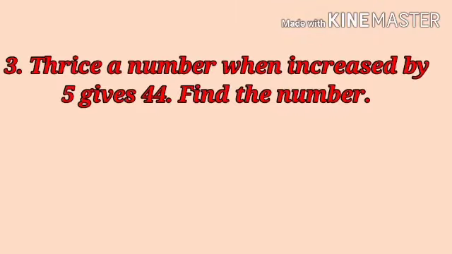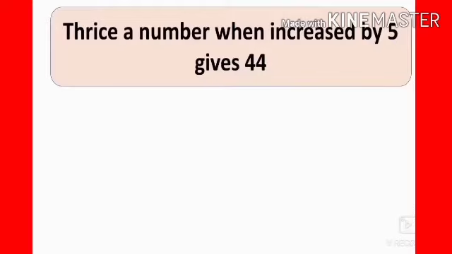Third problem, thrice a number when increased by 5 gives 44. Find the number. Thrice a number when increased by 5 gives 44, which is a verbal statement. So now, first construct an algebraic equation for the given verbal statement. So, thrice means 3 times. So, a number,